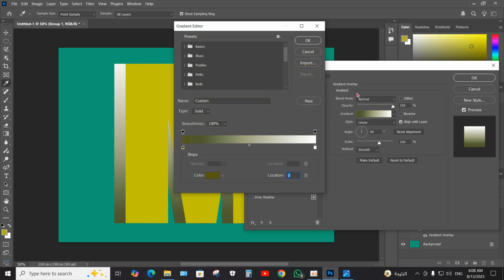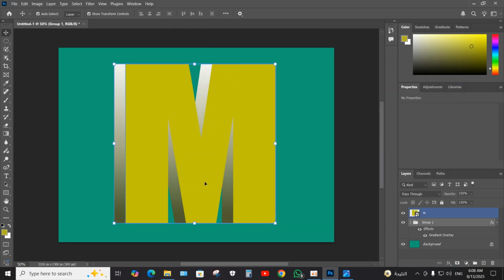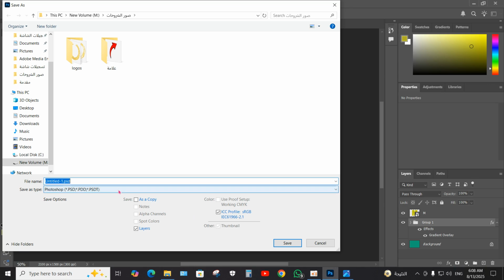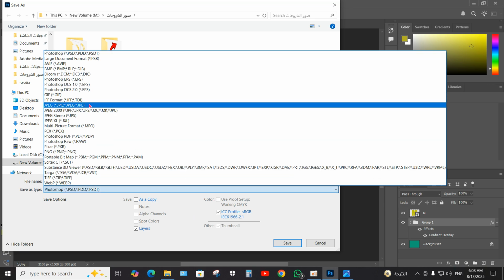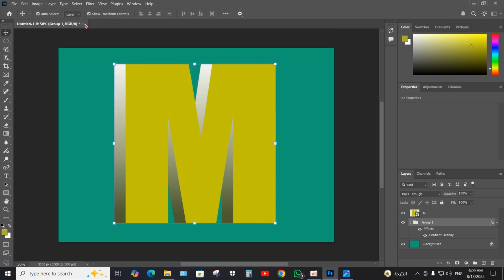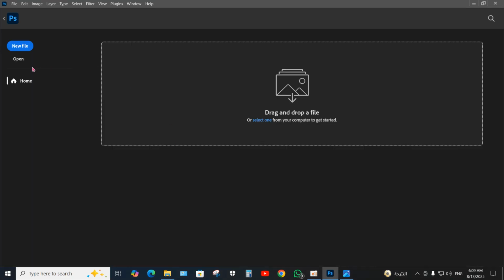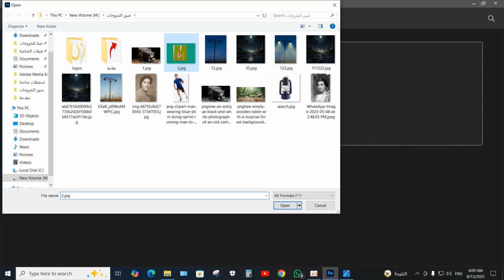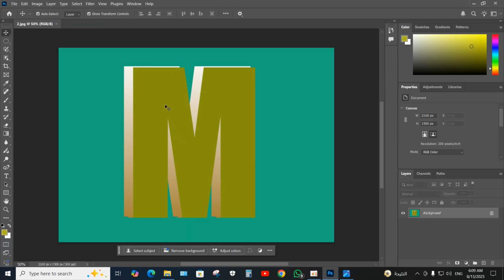Okay, just for example, and now we need to save this picture from our file by pressing and holding Ctrl Shift S, and now change the save as type to JPG and rename it to any name. For example, I have one copy, I made it in less time because you need just to save. And now when you have saved, go here to close the window and go to open and open your saved project or your saved 3D text